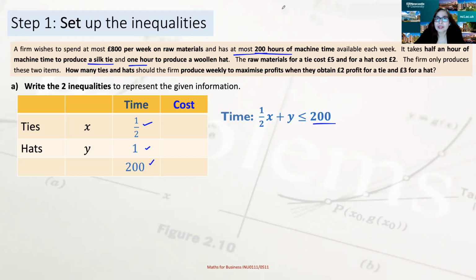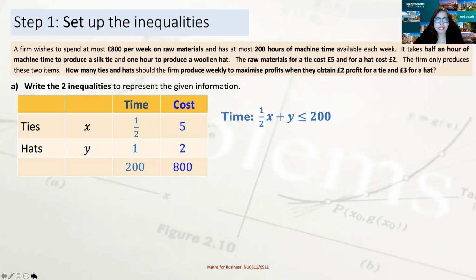So look, last week we used most of the words to understand how to use this in inequality, isn't it? Now, the next step in setting up the inequality is the next inequality. We have to find the cost. What is given to you? 5 pounds, and for the hat it is 2 pounds. So try to fill that in this box. Now you have 5x